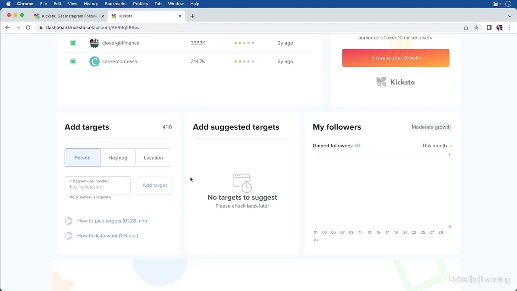And then you kind of just let Kicksta do the work for you. So it will go to one of these profiles and it will like their photos and hope that they will then interact back with you. So they might follow you or they might like your photos. And then that gives you the opportunity to maybe mention them in some comments and start commenting on their photos, actually you commenting, not Kicksta, to start interacting with them and maybe attract some of their followers to